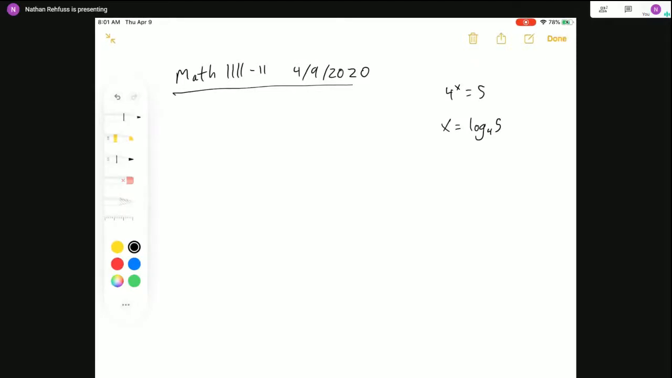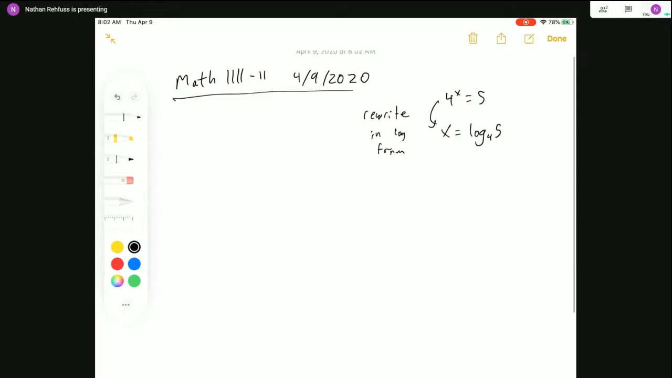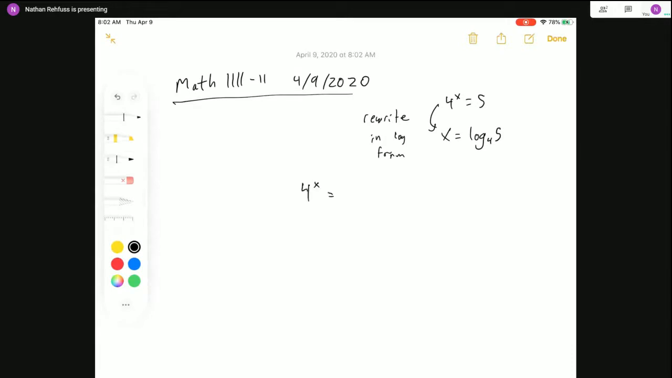But what we discovered last class was that previously we had said we're going to rewrite this in log form. But this time, since logs and exponents are inverse functions, I could do something else. I could say 4 to the x equals 5, and now,